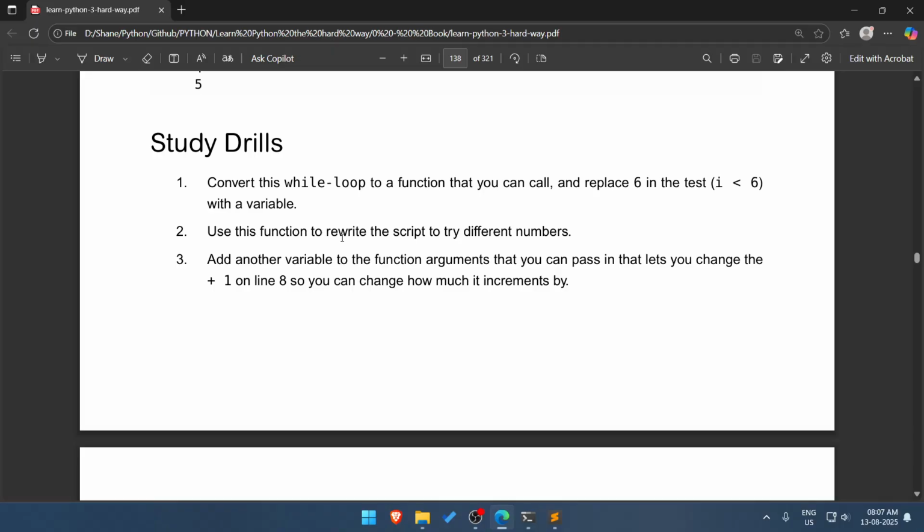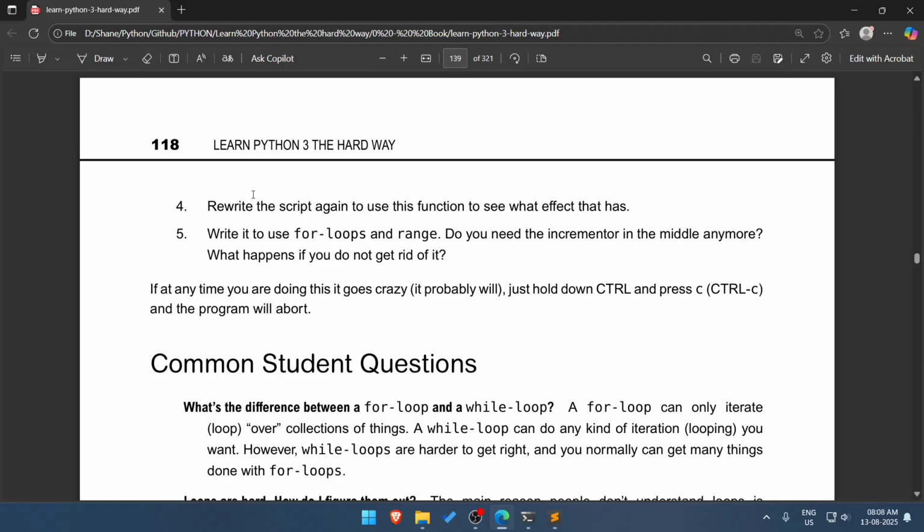Use this function to rewrite the script to try different numbers. Add another variable to the function argument that you can pass in. So let's change the plus 1, the increment, on line 8, so you can change how much it increments by. Rewrite the script again to use this function to see what effect that has.